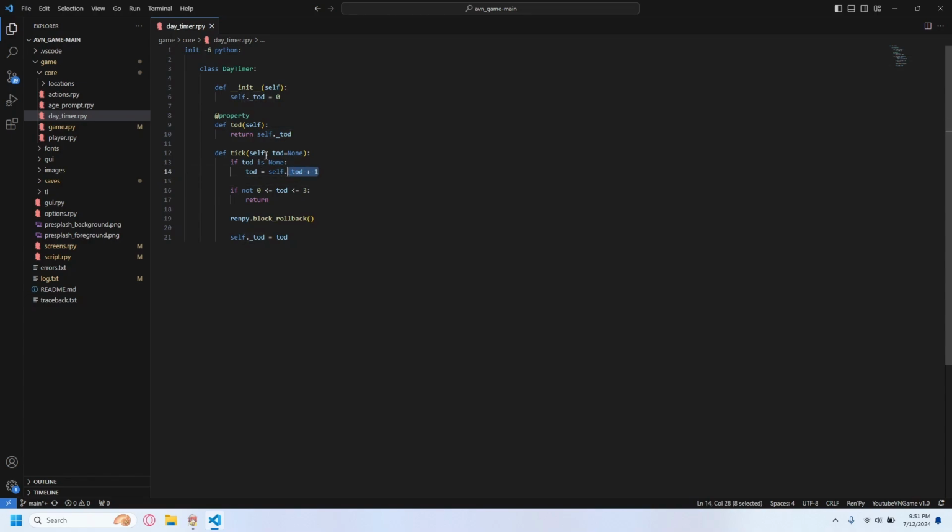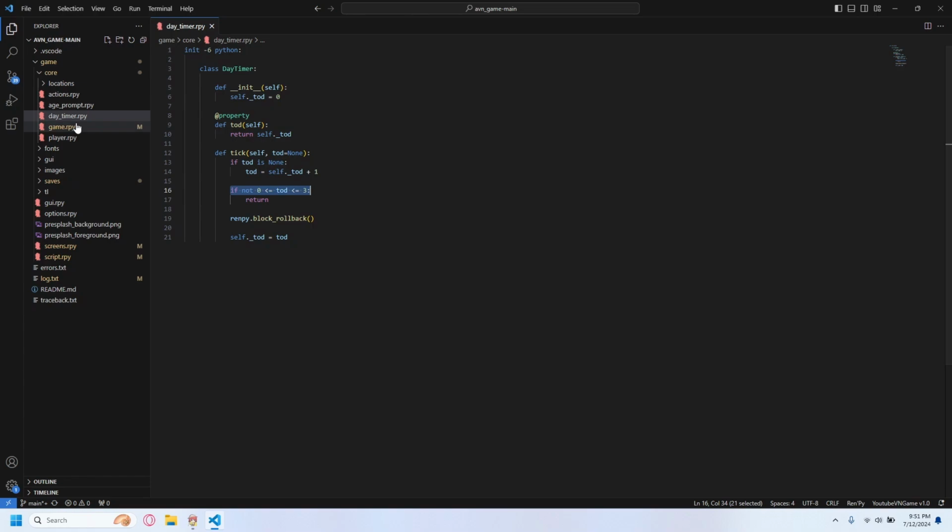So 0 plus 1 is 1, 1 plus 1 is 2, and that's how it advances it. Pretty much this checks that the new value of tod is within the valid range of 0 to 3. The valid range indicates that there are 4 segments in the day, which is correct, because I have morning,